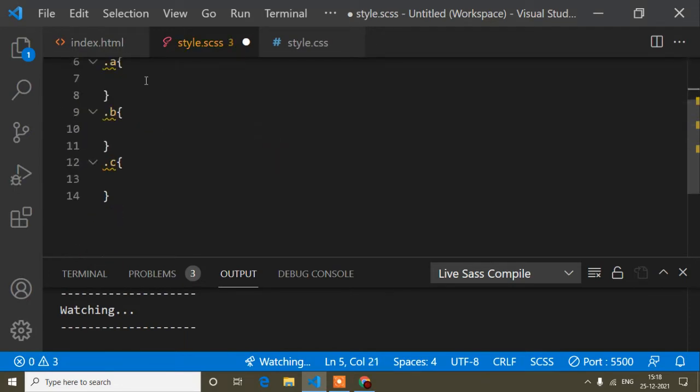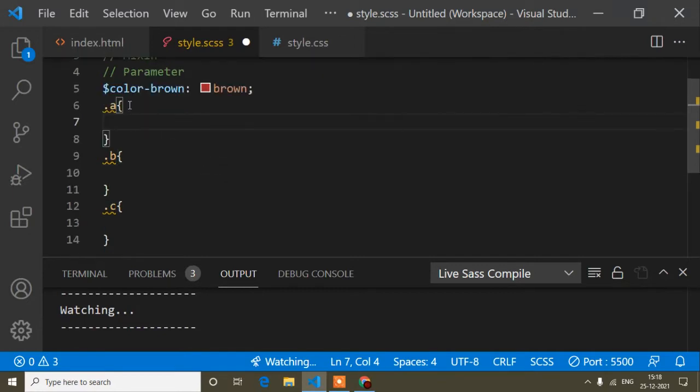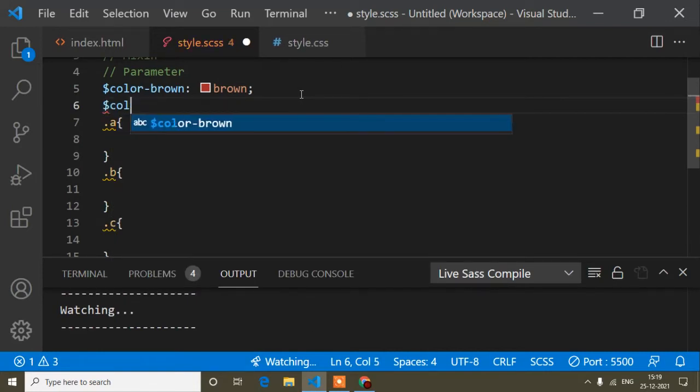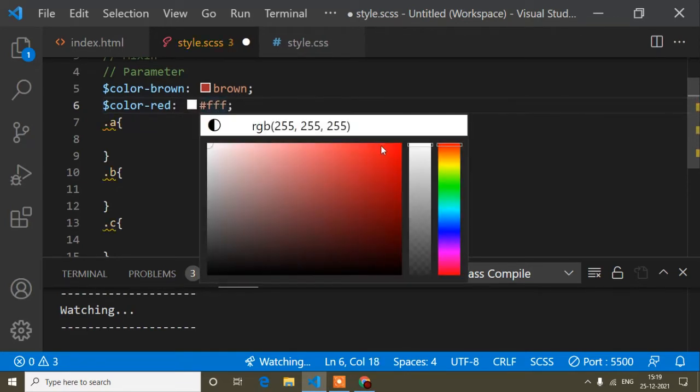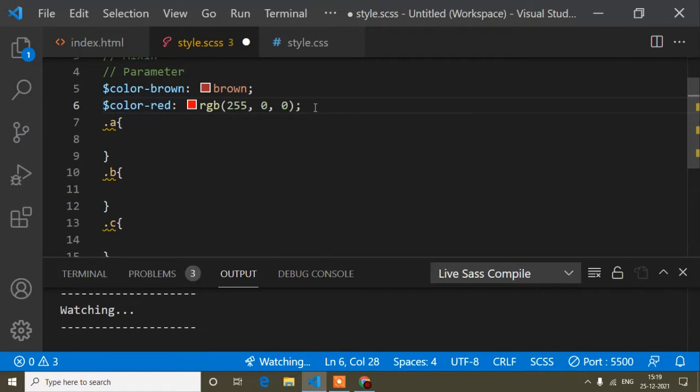So now guys, suppose in class A I need the brown color, and in class B I need the brown color. At that time we don't need to write brown again and again. Same way I will define another color also. Suppose color is red, and I define a red color like this.